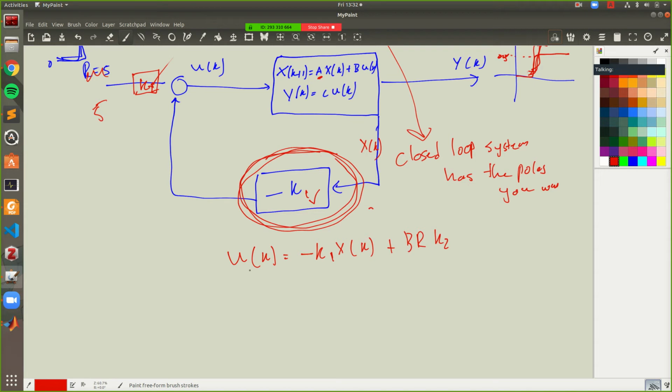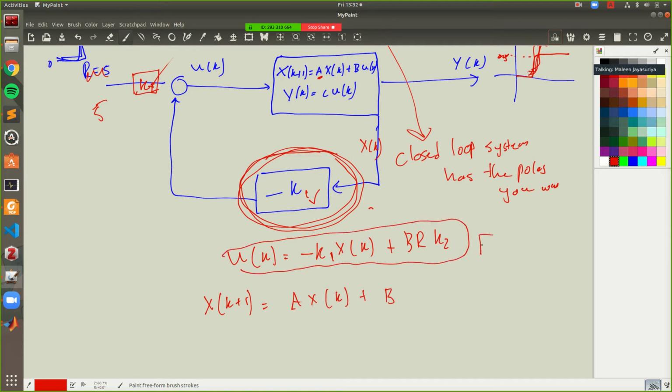So what that means is, if I substitute it in this equation, xk plus 1 equals a into xk plus b into, now u has become this. So this is actually the feedback, also called the control law.